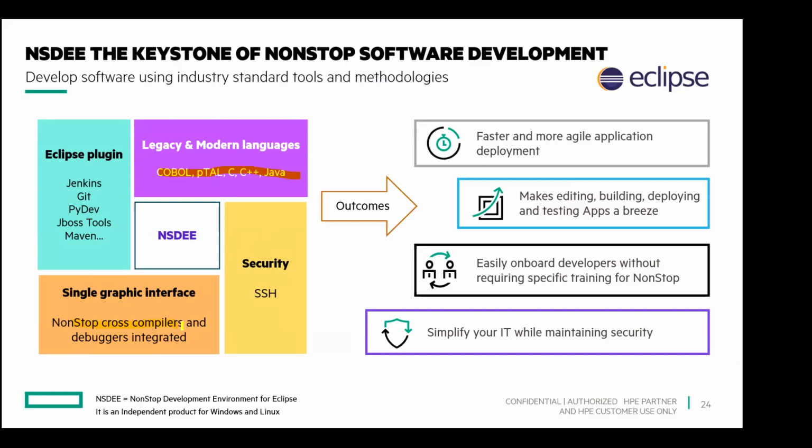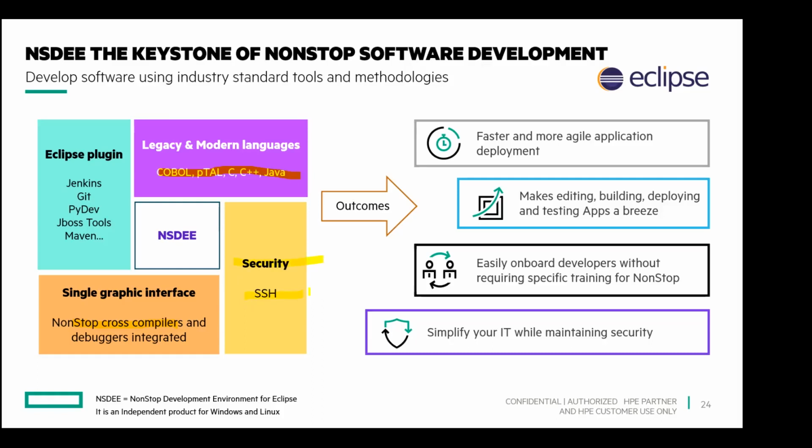In fact, I keep getting requests from partners who want to buy only NSDE and cross compilers because they will use their Windows machine to do the building job. And then sometimes they use our ATC, the Advanced Technical Center laboratory, to test it, or sometimes they have an agreement with their customers to whom they are supplying these applications, and the customers allow them to use their test systems to run and debug their applications. So you can do that entire thing. And in case you want to test with the Nonstop by remotely connecting from the Windows system, it's highly protected by using the SSH protocol.